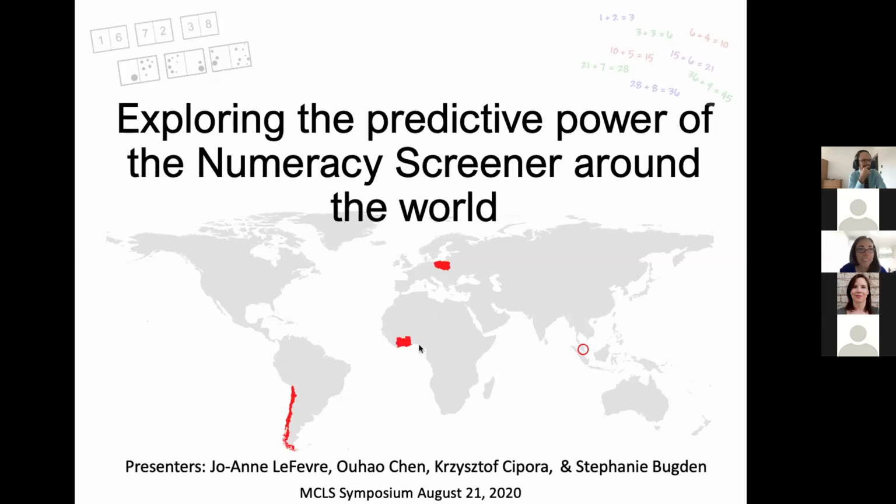Our symposium is titled Exploring the Predictive Power of the Numeracy Screener Around the World. And as I think everybody in the audience knows, numerical magnitude processing, which is the ability to understand that numerical symbols represent a total number of items in a set, or the ability to discriminate between multiple sets of objects, is an important foundation for mathematical development. And as part of Nadia's